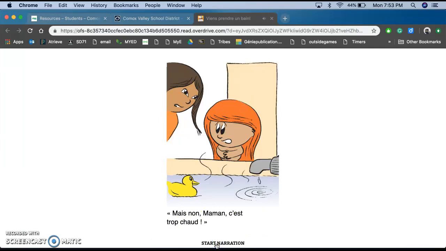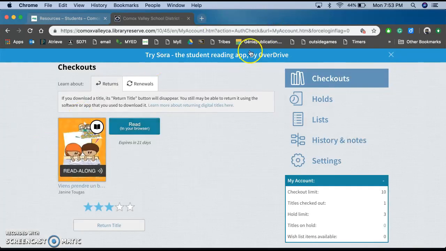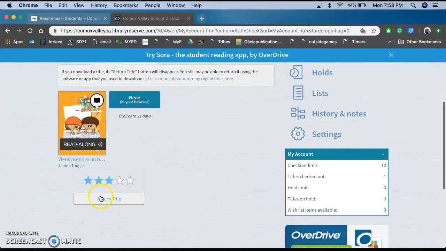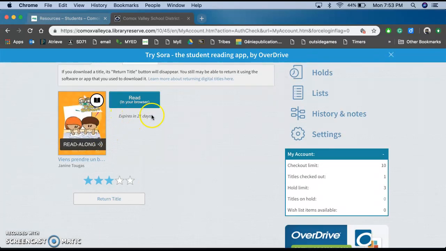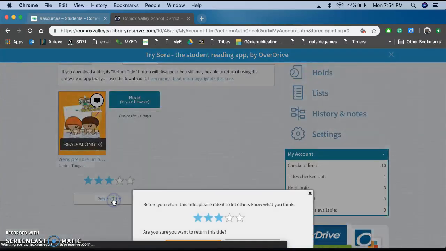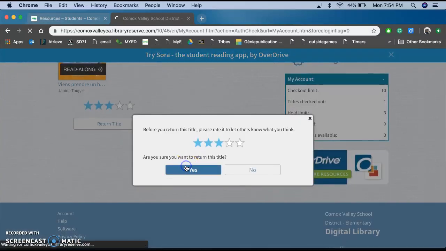So once you're done, you can push pause. To get out of there, you just simply exit the page and it'll bring you back to the ones that you've checked out. I suggest returning it right away because we only have a certain amount of books to be borrowed. If you have them, then it'll only expire in 21 days and then it doesn't allow other children to read those books as well. So once you are done reading the book, return the title, confirm that you're done,